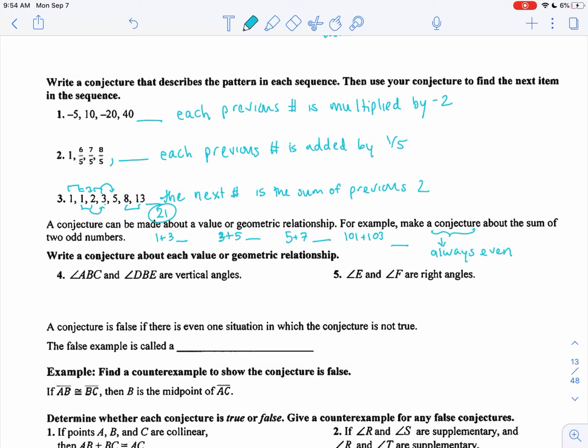On 4, they want us to write a conjecture about this statement. Angle ABC and angle DBE are vertical angles. So think back to what we learned in the previous lessons. If two angles are vertical angles, what conclusion can we draw? What conjecture can we make? They are congruent. Good. Okay, so angle